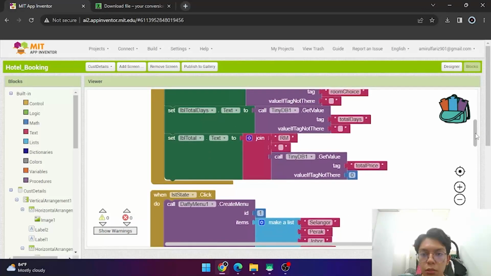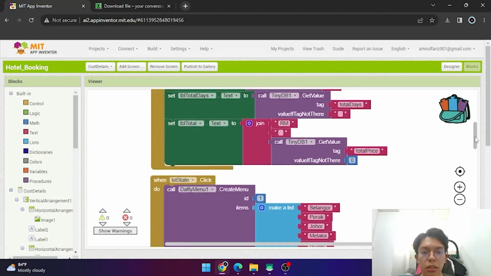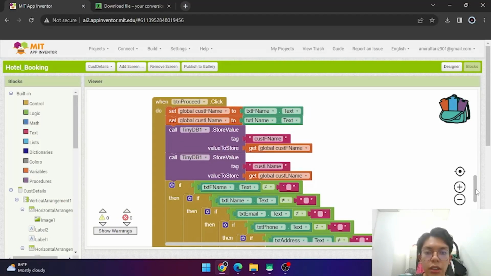When they have inserted their information, it will be put in the TinyDB to store it. Here, as you can see, we stored the first name and the last name for the customer,